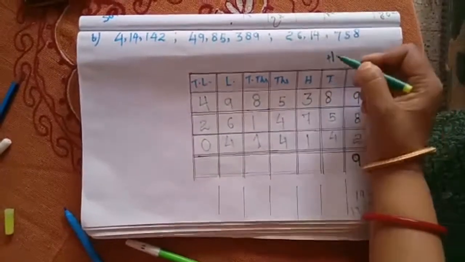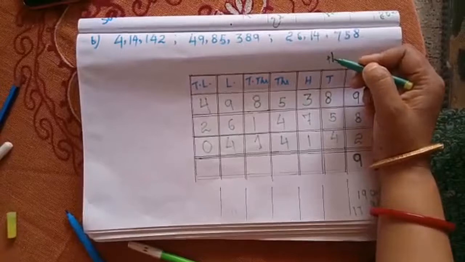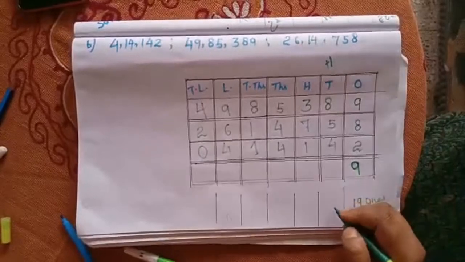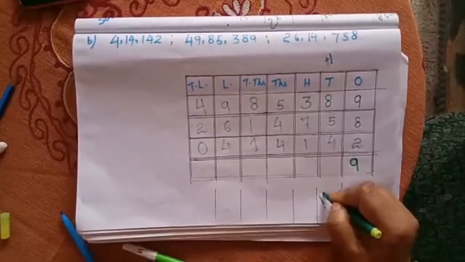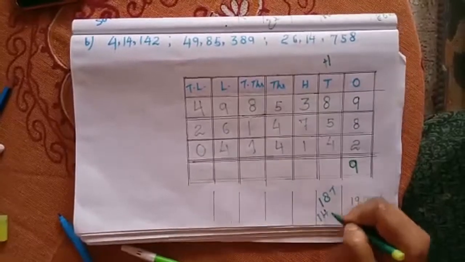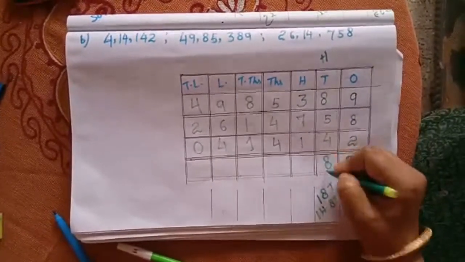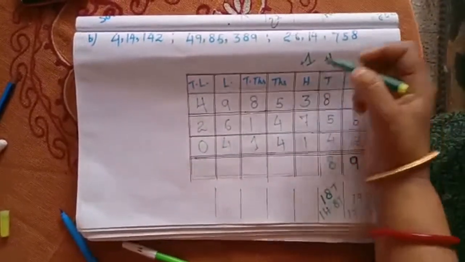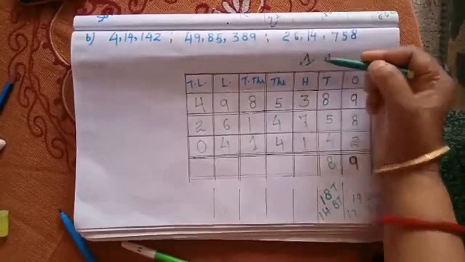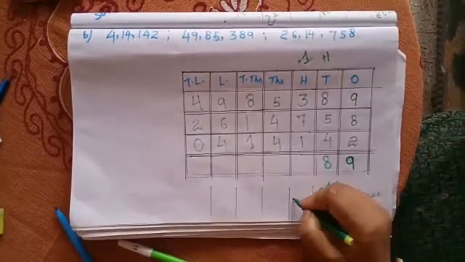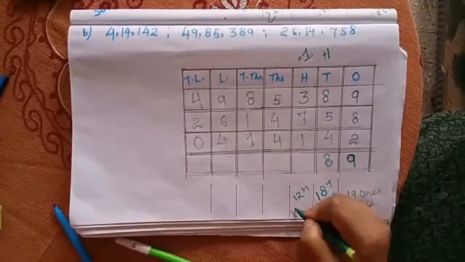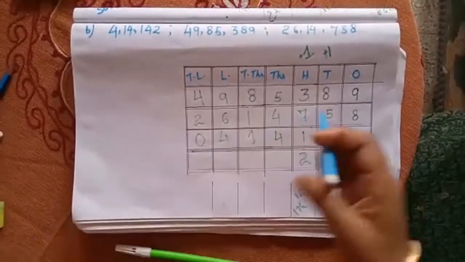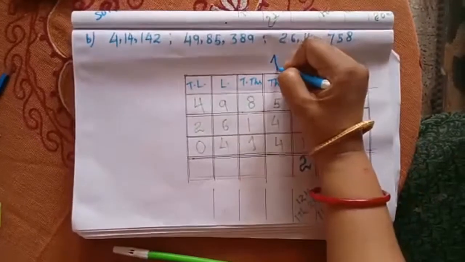Now adding the tens, I am taking this 1 ten carryover, 1 ten plus 8 tens plus 5 tens plus 4 tens. It is 18 tens. So 18 tens is having 1 hundred and 8 tens. So 8 will be here in the tens place, and 1 will go as a carryover in the hundreds place. Now adding hundreds, again taking the carryover 100 plus 300 plus 700 plus 100. It is 1200. So 200 will be in the hundreds column, and 1000 will go as a carryover.